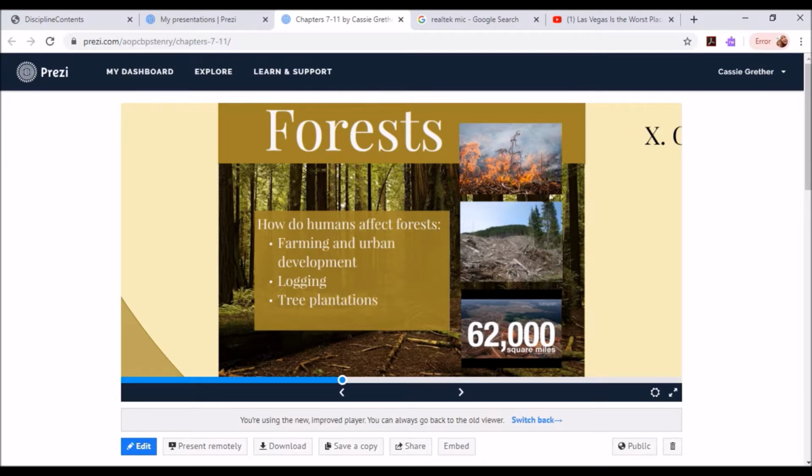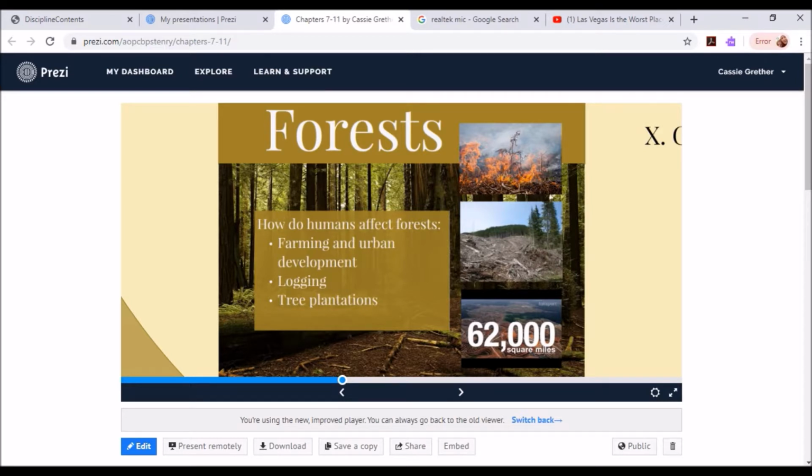So palm oils. Palm oil is in pretty much most of your processed food, in your mac and cheese, in Doritos. Doritos, I think, are making a stand and no longer using palm oils, just because people will destroy the forests, cut that down, and then turn it into a palm oil plantation. But also, we cut them down for farming. Well, farming, tree plantation, pretty much the same thing.